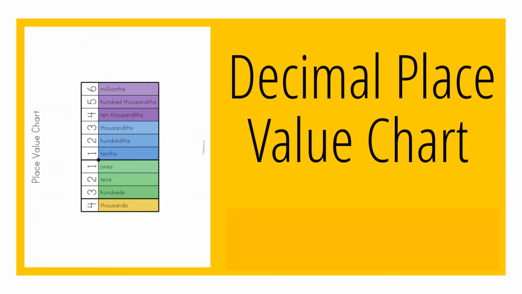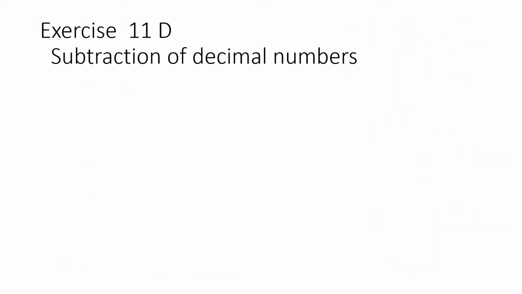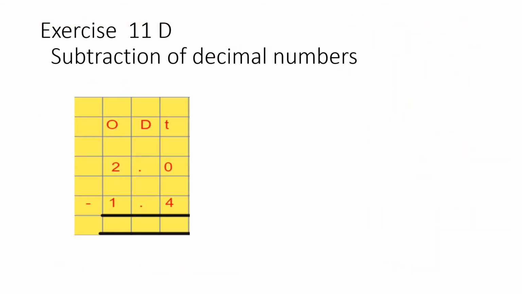So let us start with question number 1. I will explain with examples to help you study better. At the top we will write D, which denotes the decimal point, then ones, and after the decimal, tenths. In this question we have to subtract 1.4 from